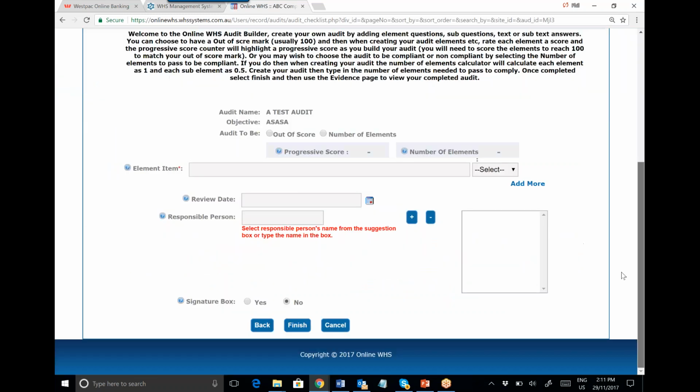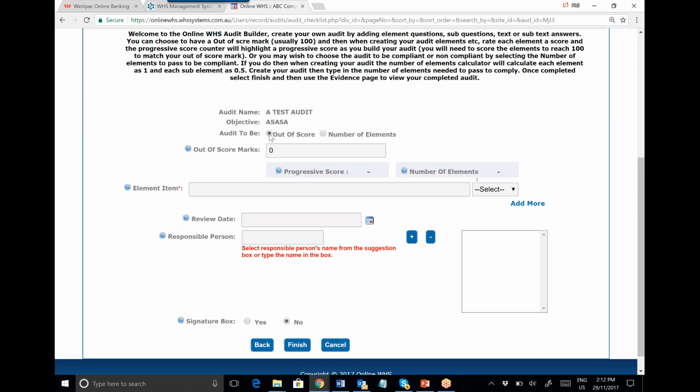Same way that the checklist builder works, but slightly different, where you would select what the audit score is going to be out of. So you can say it's going to be out of 100 or 50 or whatever it may be, or you can select it by the number of elements. Yes, elements need to comply is 5. Actually, I'll do it 2. So here you can actually